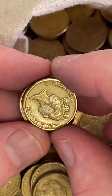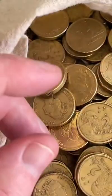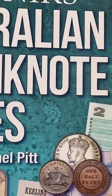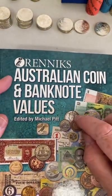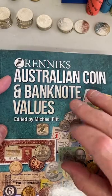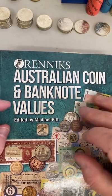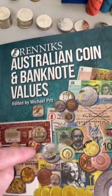Is there a book with all the coins to look for? Well, there's a book called Renniks Australian Coin and Banknote Values, this book here. It's a little bit in short supply because they're bringing out a new edition in the next few months, and most places have sold out of this edition. So it can be a little bit hard to pick this one up at the moment. But this has got information on